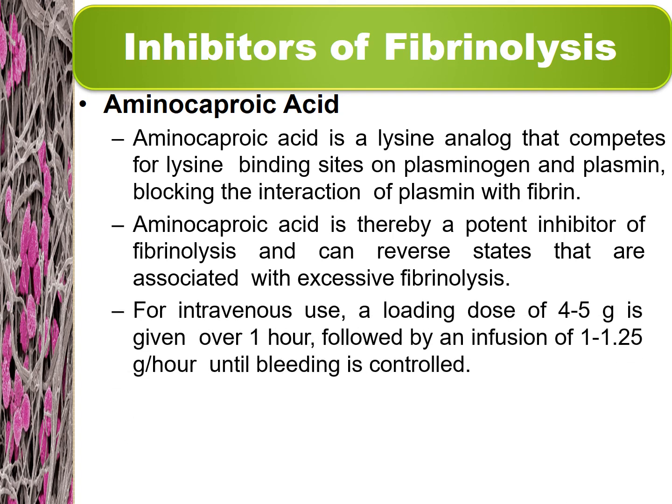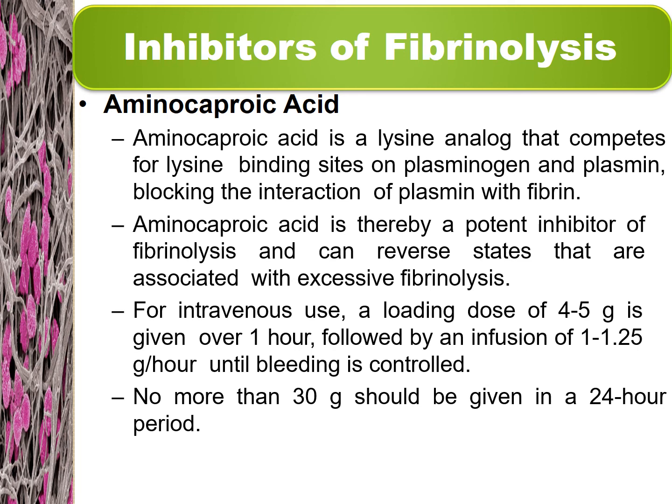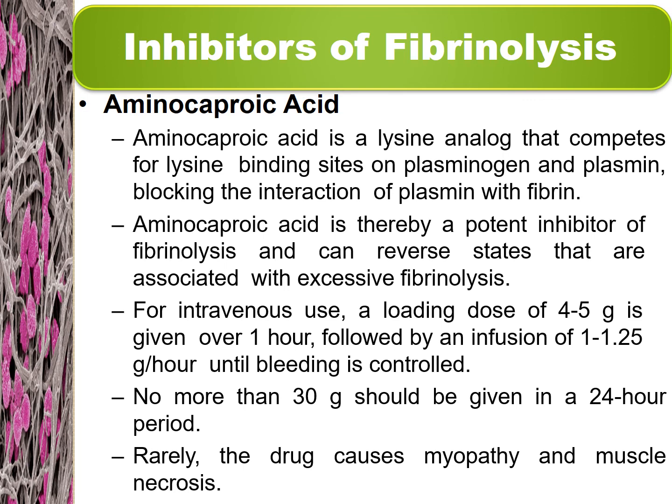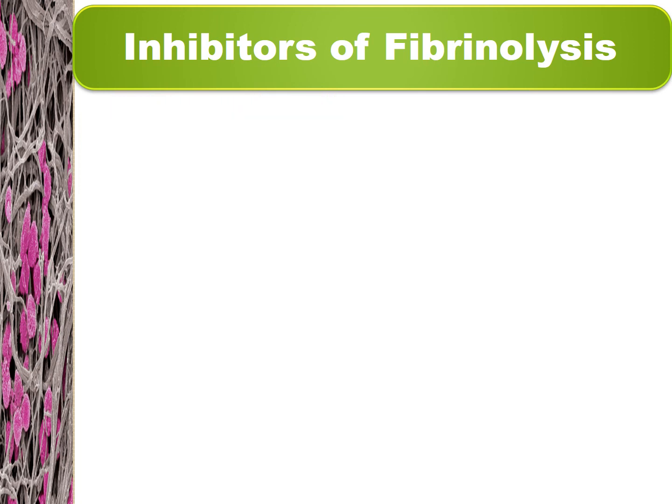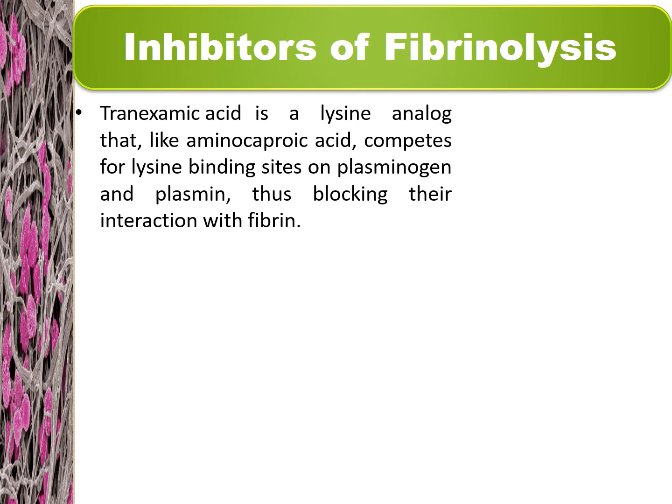For intravenous use, a loading dose of 4 to 5 gram is given over 1 hour, followed by an infusion of 1 to 1.25 gram per hour until bleeding is controlled. No more than 30 gram should be given in a 24-hour period, and the drug rarely causes myopathy and muscle necrosis. Another choice of drug among the inhibitors of fibrinolysis is tranexamic acid, also a lysine analog